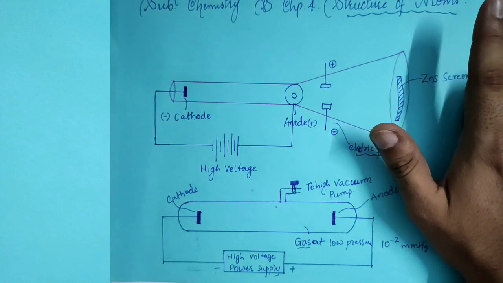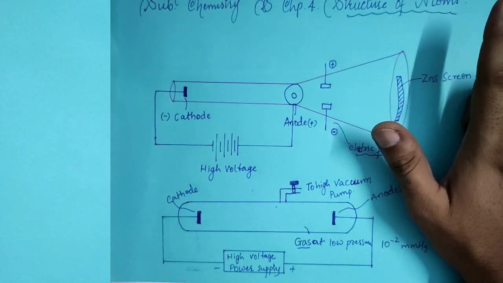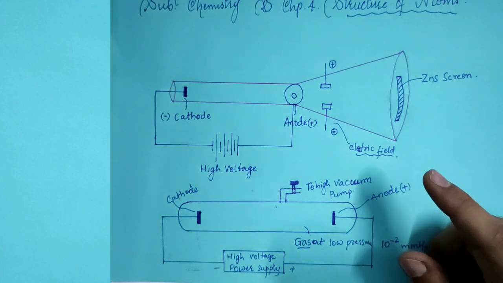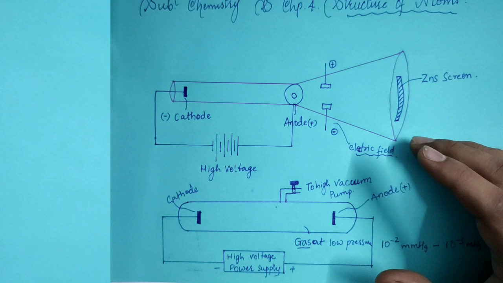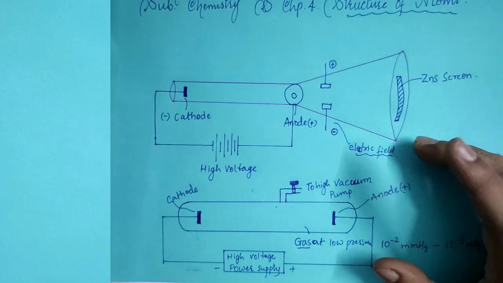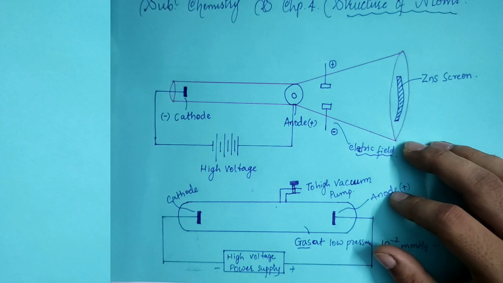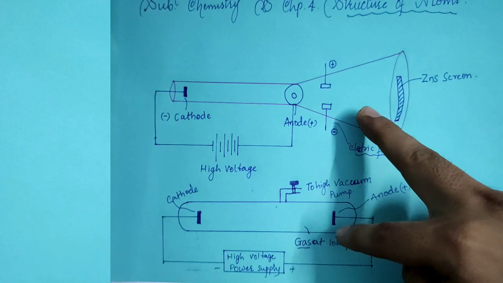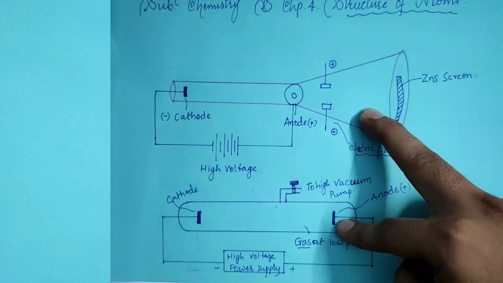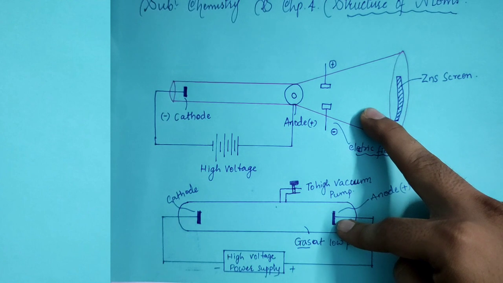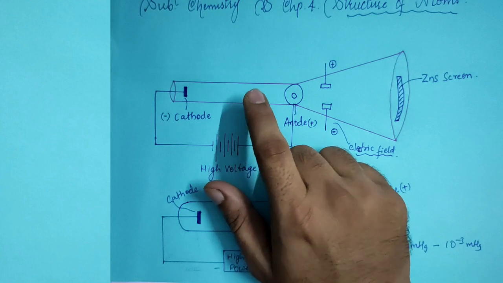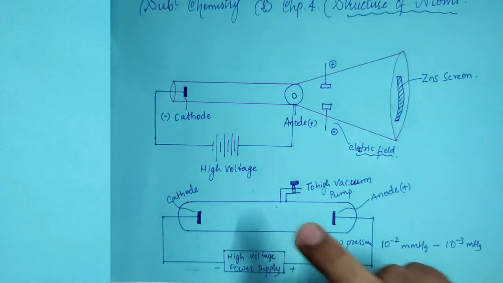First, Faraday passed electric current through a solution and found the electrical nature of matter. Further, this experiment was done by J.J. Thomson. The experiment involved the passing of electricity through gas at low pressure. Remember carefully, these are the glass tubes made for understanding the discovery of the electron. This is also a glass tube, this is also a glass tube. We will see the difference between these two diagrammatic representations.